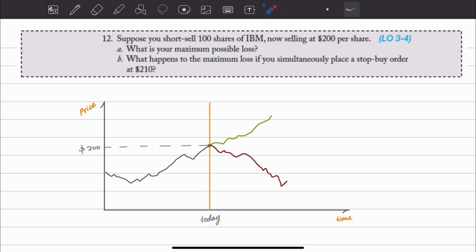It says, suppose you short sell 100 shares of IBM, now selling for $200 per share. What is your maximum possible loss? And what happens to the maximum loss if you simultaneously place a stop buy order at $210? Now, before I start answering this question, it's important that you understand what is meant by short